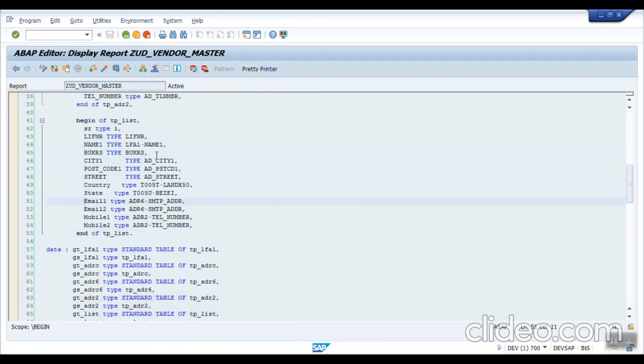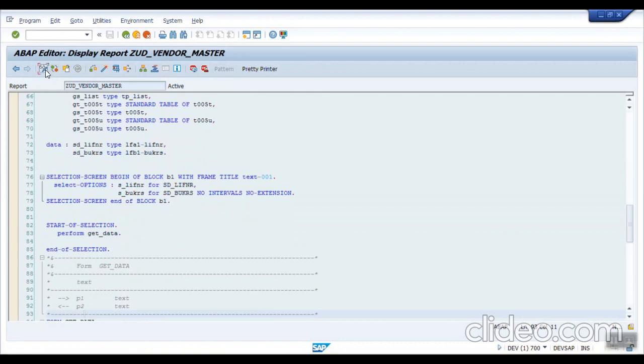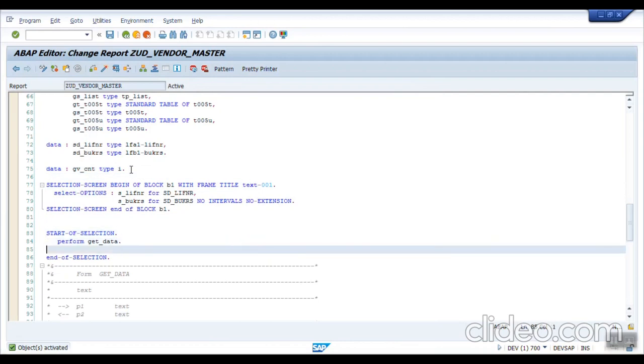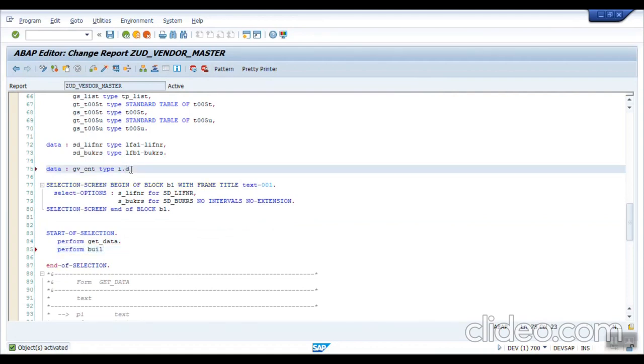As I want to use 2 email IDs and 2 mobile numbers, I will just take a count variable here: data gv_count type I. Now just type here perform build data,